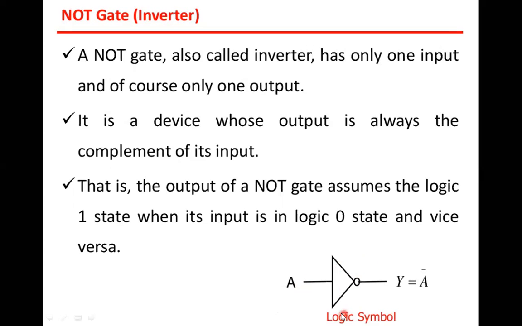So here you can see the difference. This is a NOT gate. We have to put a bubble over here. And if you put a straight line instead of a bubble, that is the symbol of a PN diode. But here, instead of the cathode, we just have to put a bubble. So this is the symbolic representation of a NOT gate. A is the input, A bar will be the output. It means if A is 0, A bar will be 1. If A is 1, A bar will be 0.